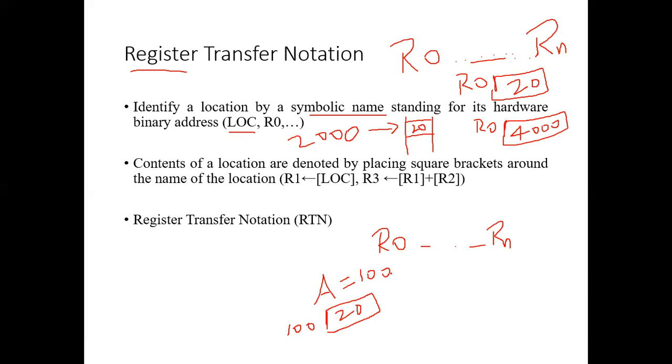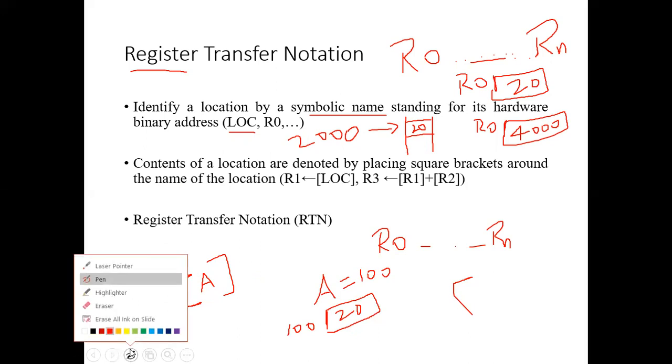So the memory location we represent by specifying square brackets. For example, when you say A within square brackets, it means the value at this particular location. But the square bracket is not a part of the syntax. It is for our understanding. Even if you don't give the square brackets, it refers to the value at the given location. I think it's clear. So let us discuss these things with some examples.